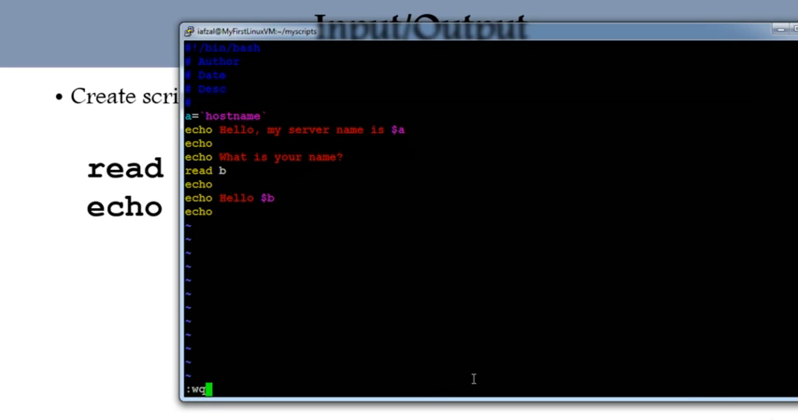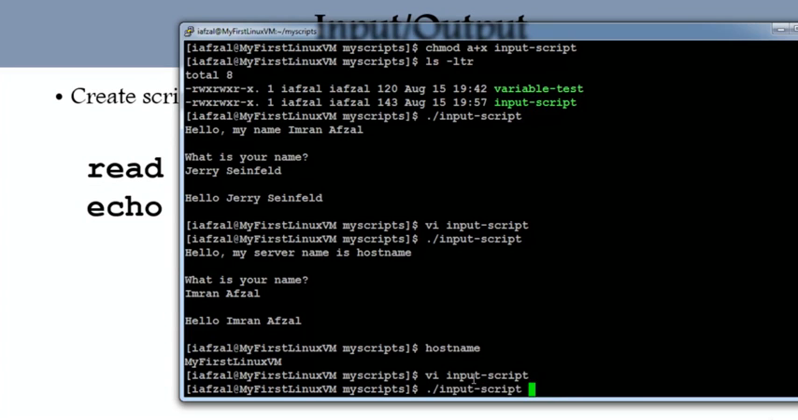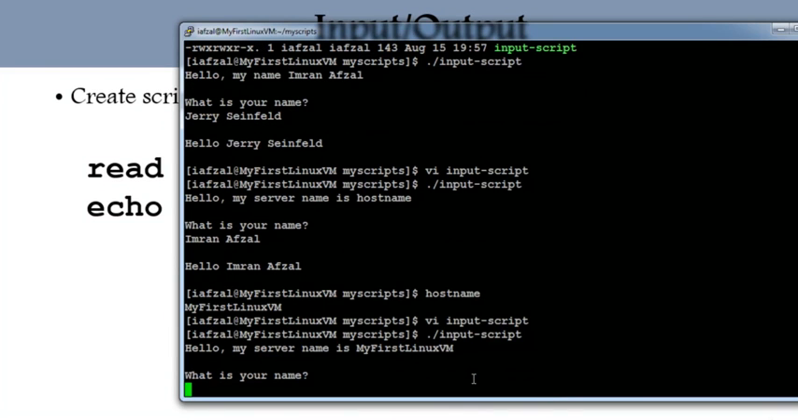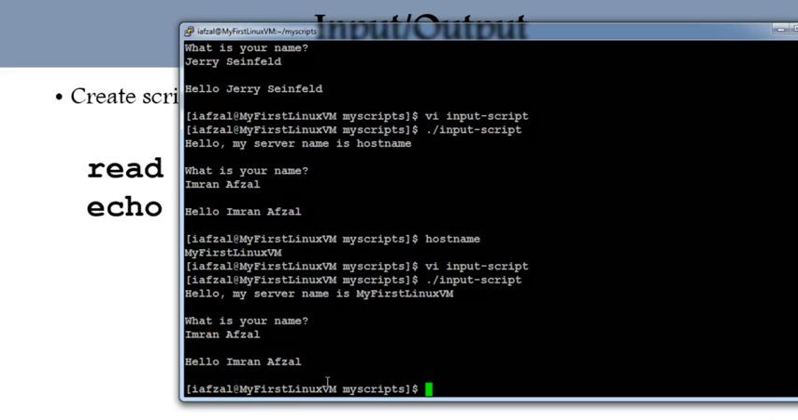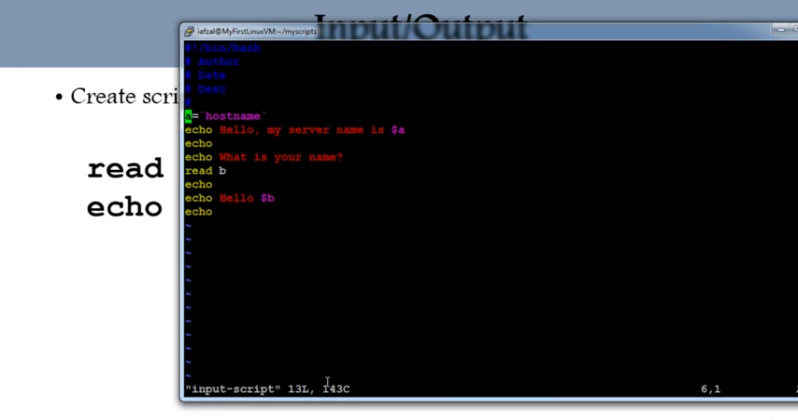So now let's run it and let's see if it works. Ah, yes, it did. You see right here? Hello, my server name is, this is the host name. What is your name? Imran Afzal. Hello, Imran Afzal. See, that's how the input and output script works. Try it out with different things, play around with it, and ask questions back and forth, back and forth. So first, as your practice, what you should do